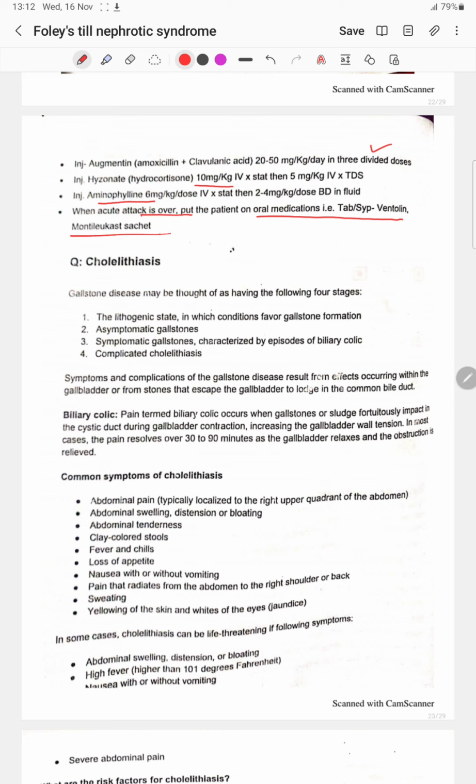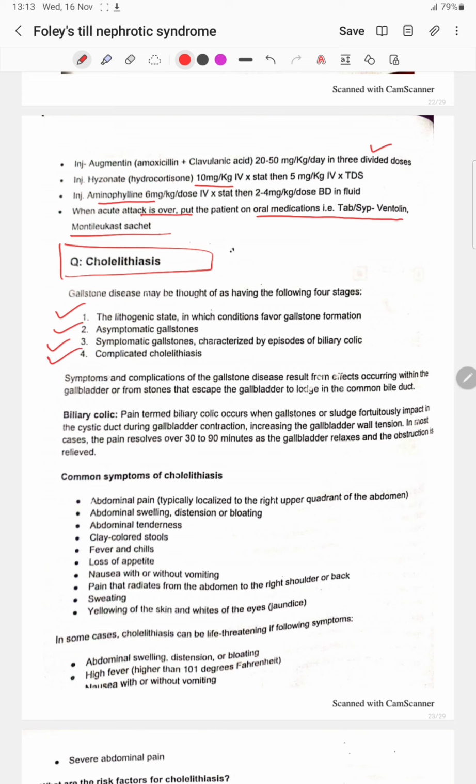and Montelukast sachet. Next is cholelithiasis, another important problem in Pakistan. Gallstone disease may be thought of as having the following four stages: the lithogenic state, in which conditions favor gallstone formation; asymptomatic gallstones; then symptomatic gallstones, characterized by episodes of biliary colic; and